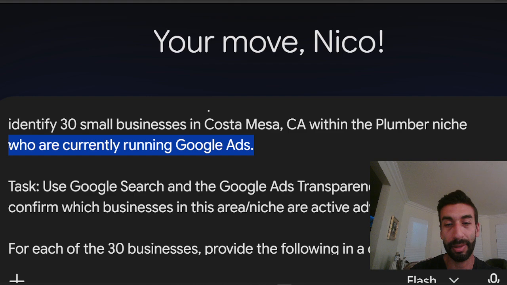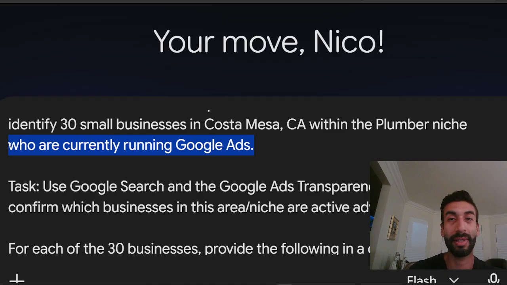There are tons of businesses out there. Not all of them are going to be running Google Ads. So maybe we'll be missing some leads, right? Maybe we'll be missing some quality businesses and leads. Well, that may be so. That's totally possible. But the reason why I'm doing this is because, think about it.